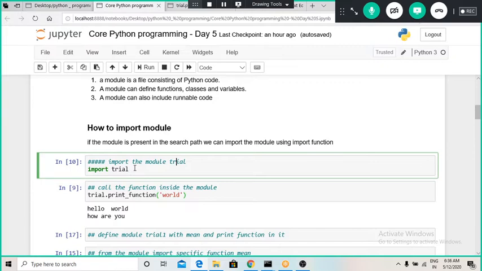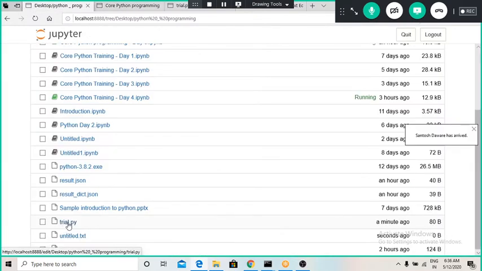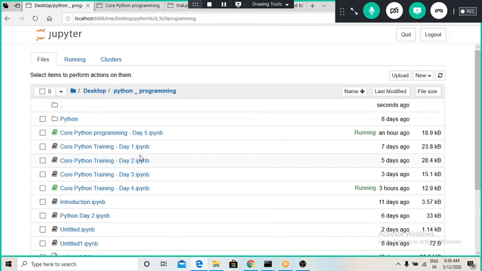Here we can see a file named trial.py. This is my module, and I am in this particular directory, Desktop, Python programming, and I am currently in this shell. So I have to make sure that my module is also present in the same directory. Here it is present in the same directory.